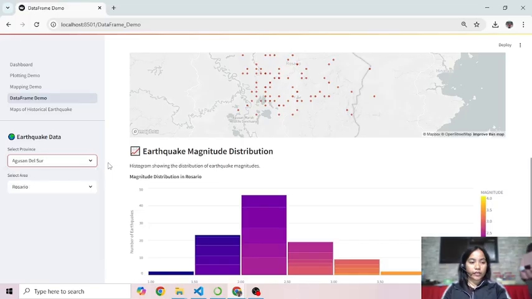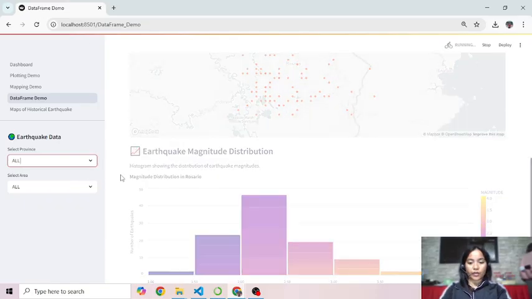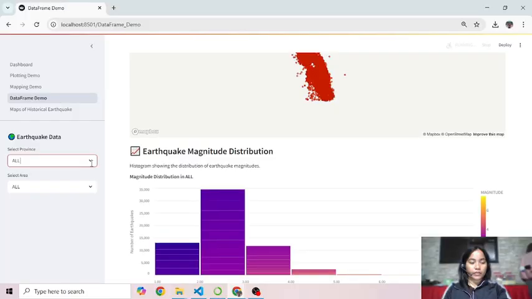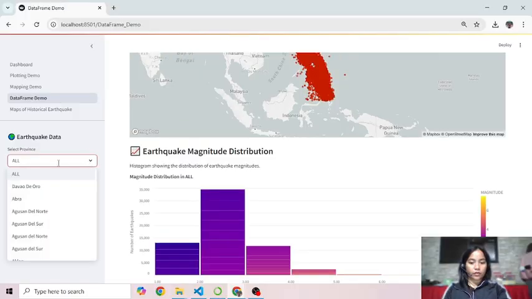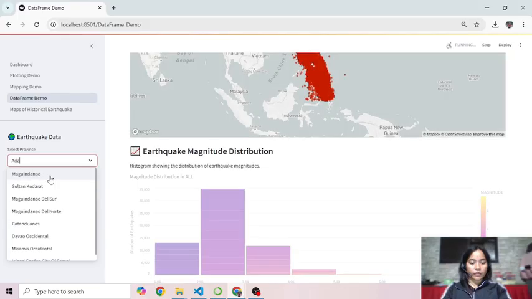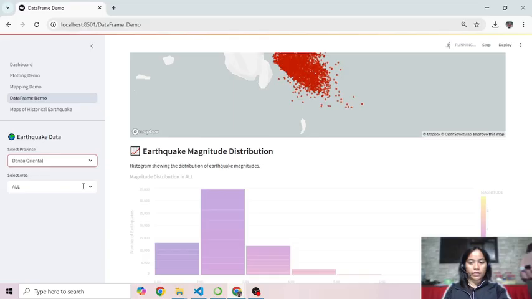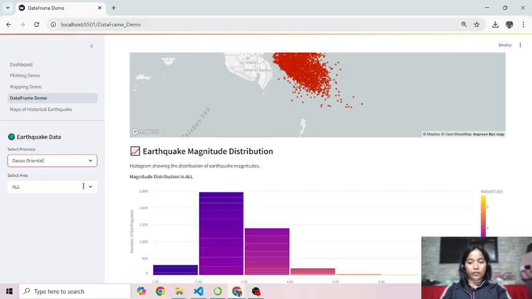In the sidebar, you'll first choose a province. So let's select, for example, Davao del Sur, and once selected, a second drop down lets you refine further by selecting an area within that province or choose all,